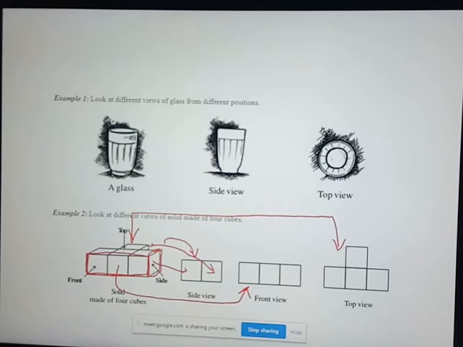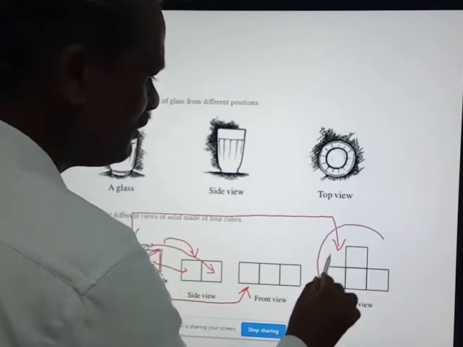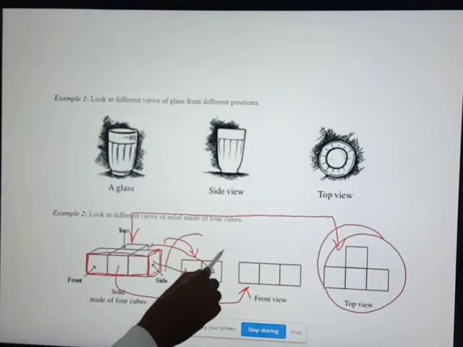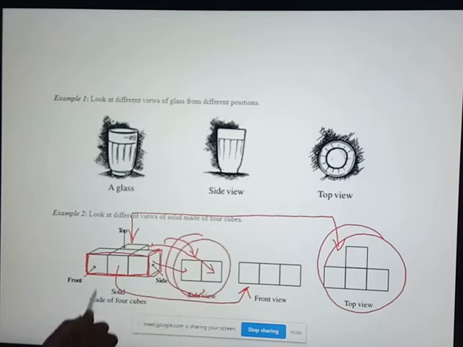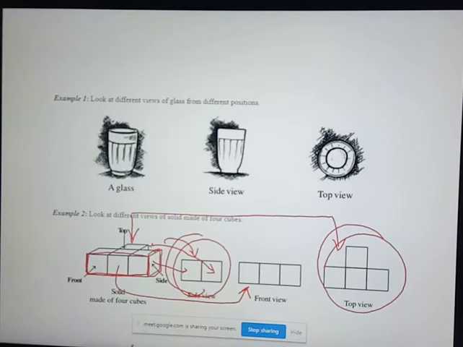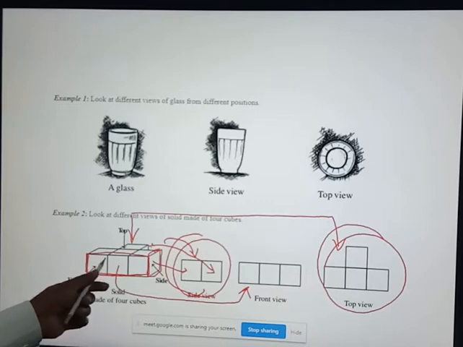Okay, front view. So when you look at this object from the top, this is the figure you are getting, the last one. This is the figure from the top. When you look from the side, the first one is the side view. When you look from the front side, the front view looks like three square pieces. So these are the different views of this object.